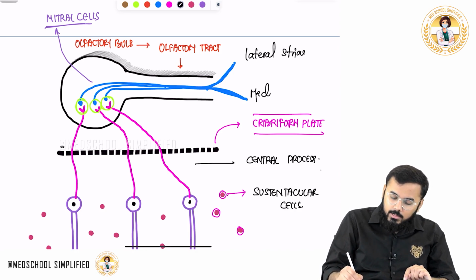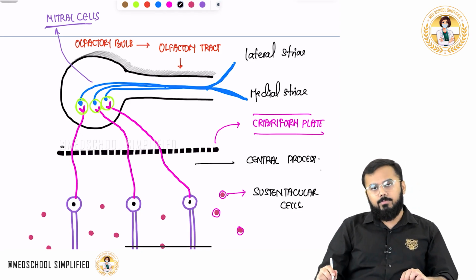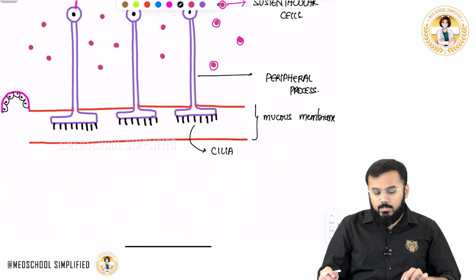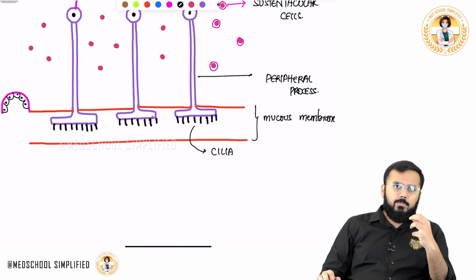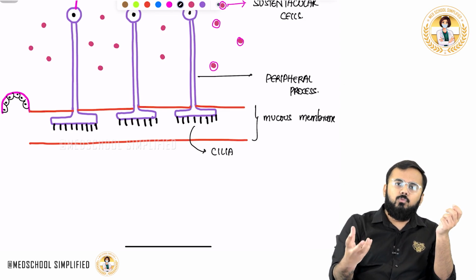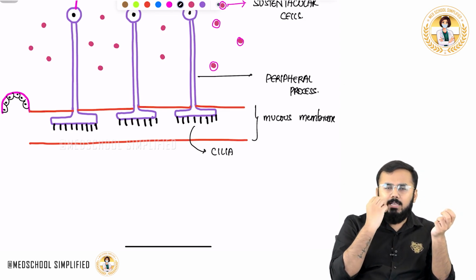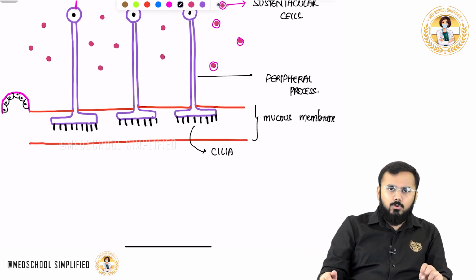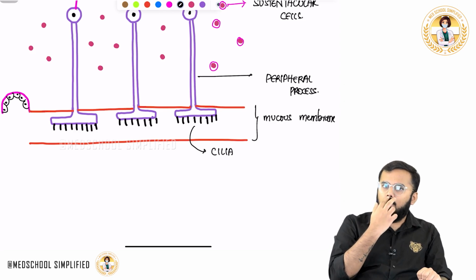Another one is called the medial striae. Lateral striae and medial striae. Now what I am trying to tell you is that whenever you smell anything, let us say any food, whatever you are smelling is nothing but particles which you can't see. Yes or no? So these food particles, whenever they are entering your nose,